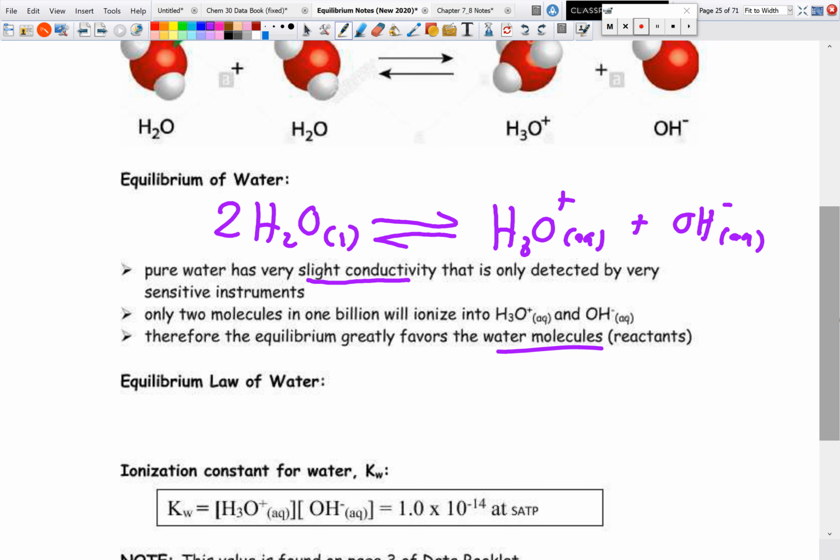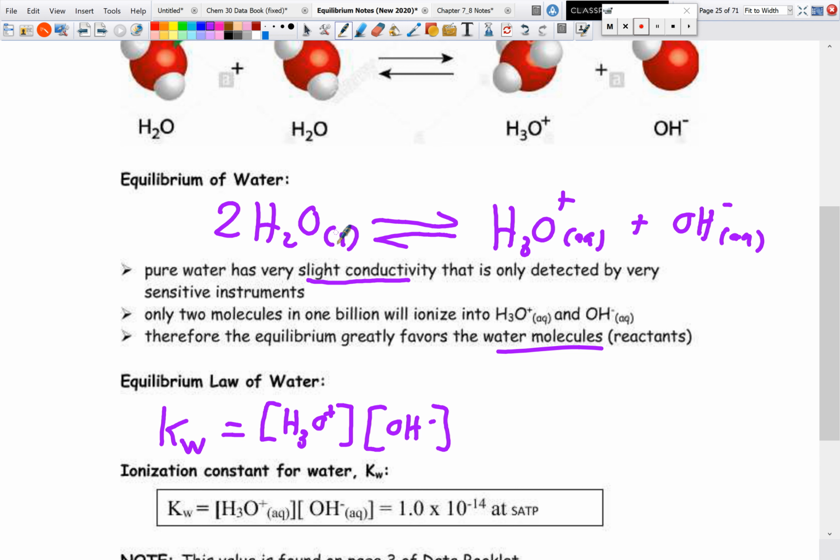So if we want to take our equilibrium that's written up here and write out the equilibrium law, we can write Kc. Normally that's the equilibrium law, but because we're dealing with water and water is not going to change, we're going to take out the C and write Kw. This is still an equilibrium constant, but the W just means it's specifically for water. Remember, equilibrium is products over reactants, so our products are H3O+ raised to the power of 1, because the molar coefficient is 1, times hydroxide, also to the power of 1, all over